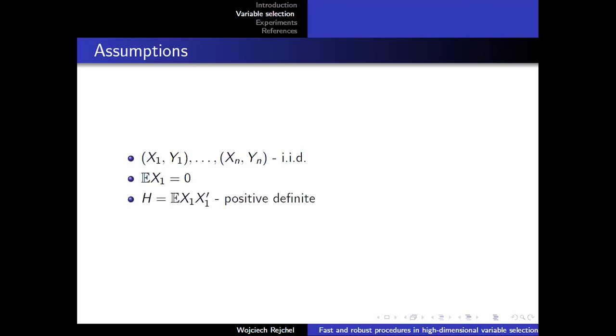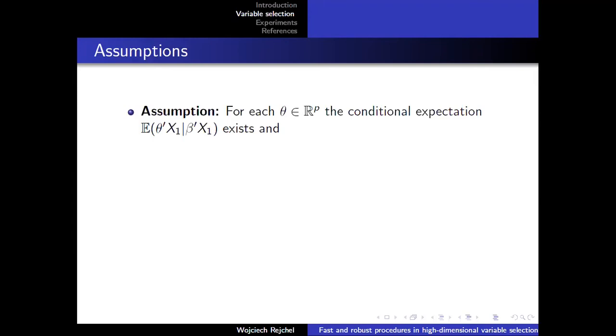And the next assumption is that my covariance matrix is positive definite. So this is not the empirical covariance matrix, but this is the population covariance matrix. So this assumption is not restrictive. But there is one more assumption which is important,